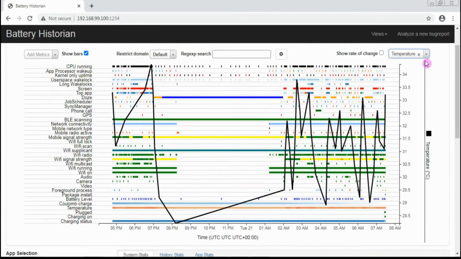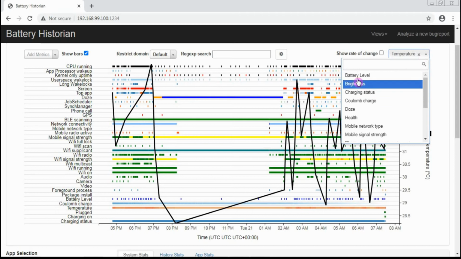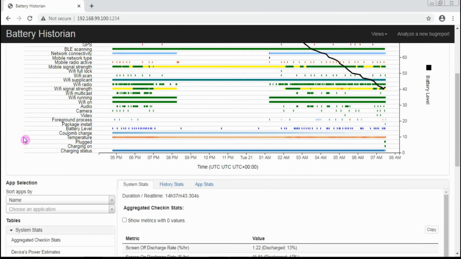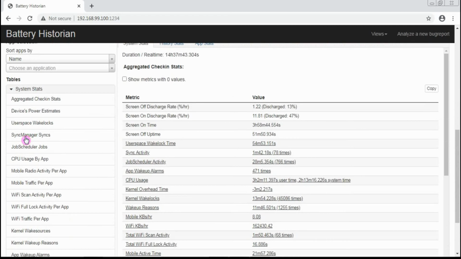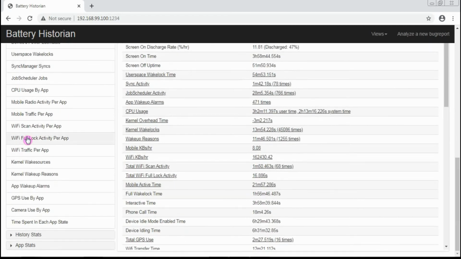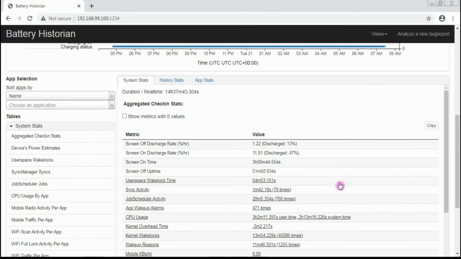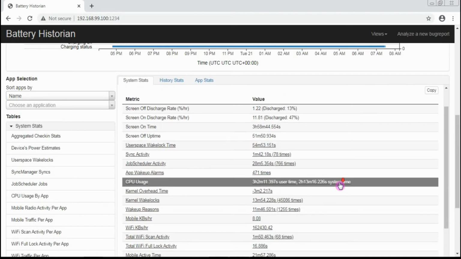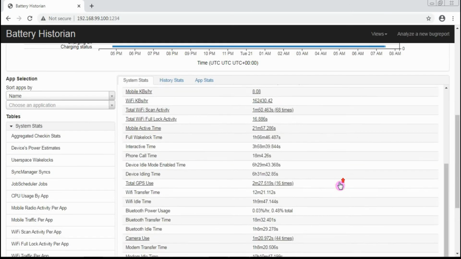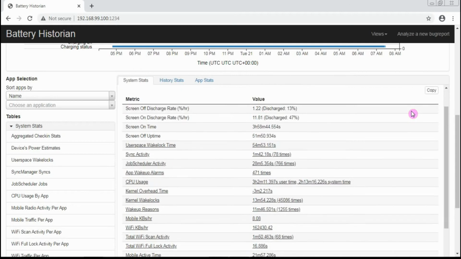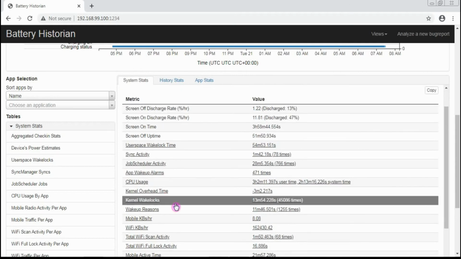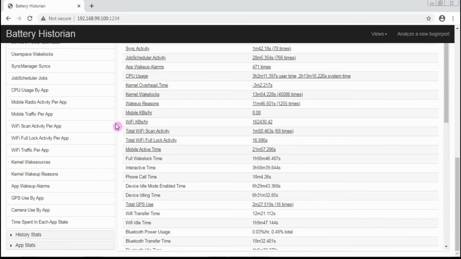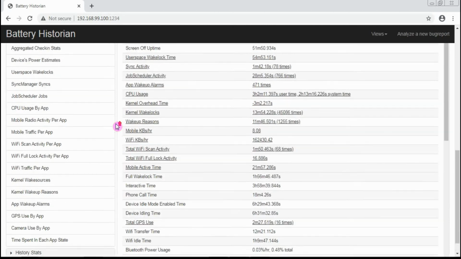So this is particular usage. Mainly we'll be focusing on battery again. So let's scroll down to check more analysis of the battery historian report. So if you see here, this is overall display of the battery which we are using, and the overall discharge percentage or overall rate of the whole battery logs which we have imported in the battery historian report.